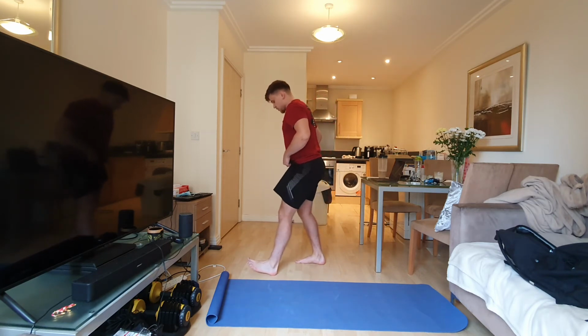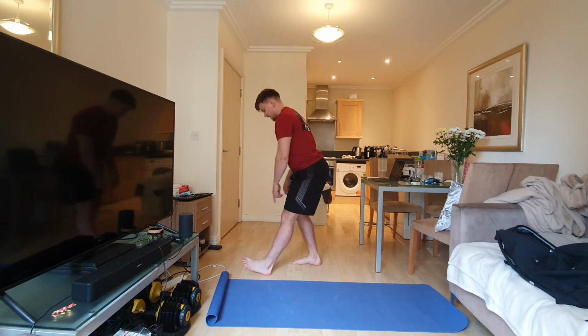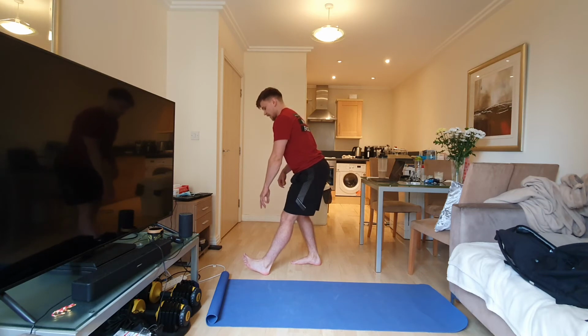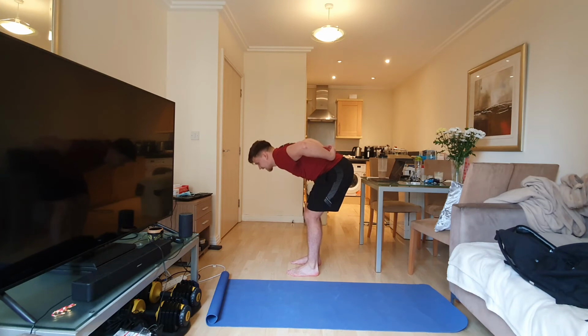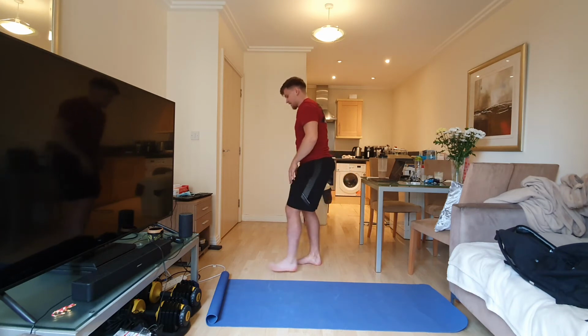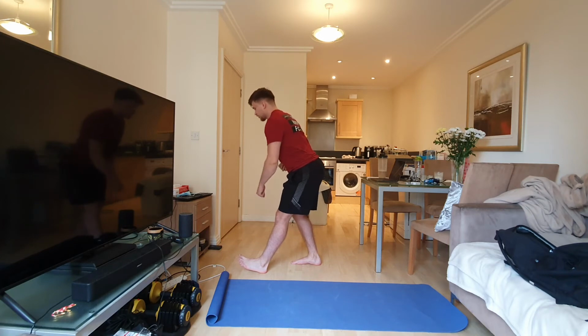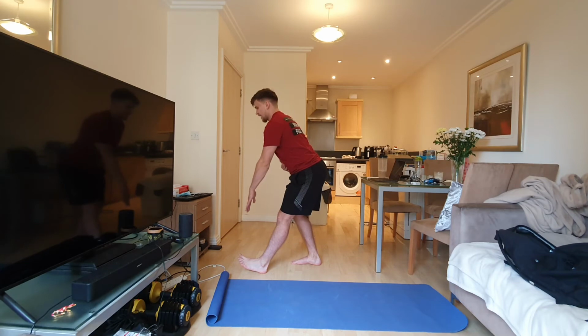But for this one, what I want you to do is bend that back leg, put that front leg on its heel, and just allow the toes to come up. And what I want you to do is don't round your back here. Don't allow your lower back to round. Keep a nice straight back and reach. You don't have to touch your toes, just keep a straight back and reach, and you'll feel a different kind